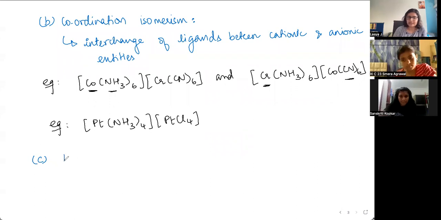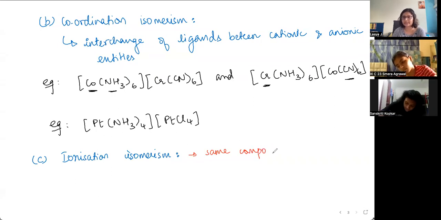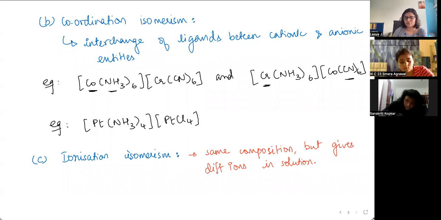Okay. The third one is ionization isomerism. Ionization isomerism is where the compounds differ in the ions that they give out in solution. Here you have the same composition, composed of the same metal atoms, ligands, and everything, but it gives different ions in solution. So what this means is,